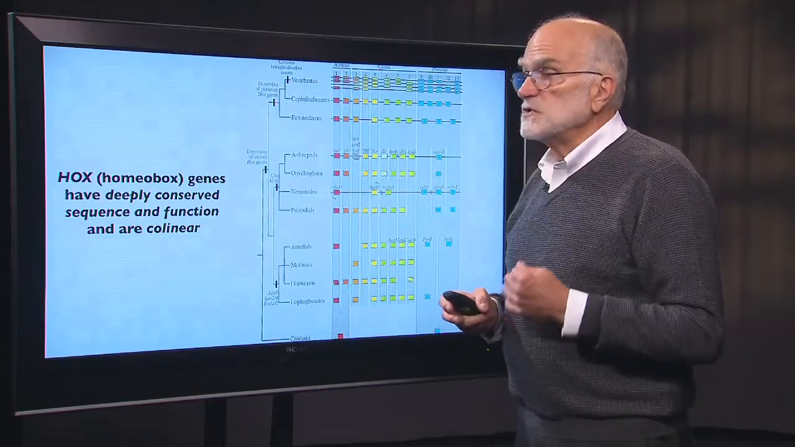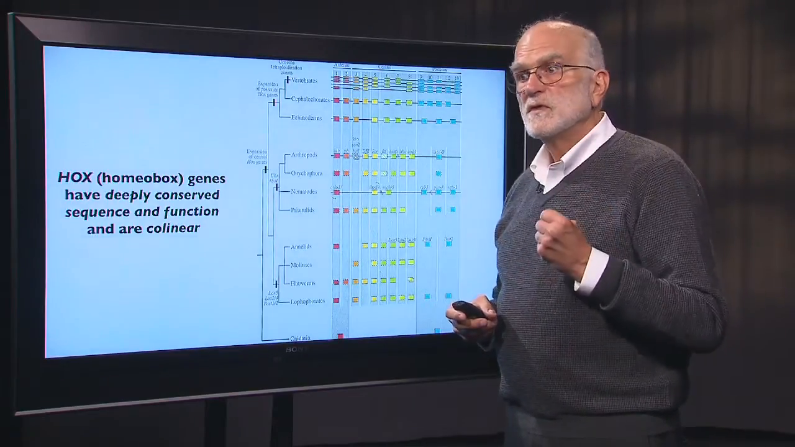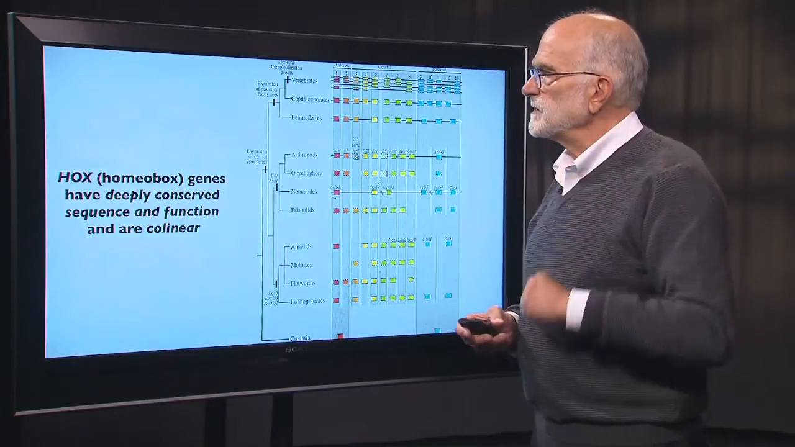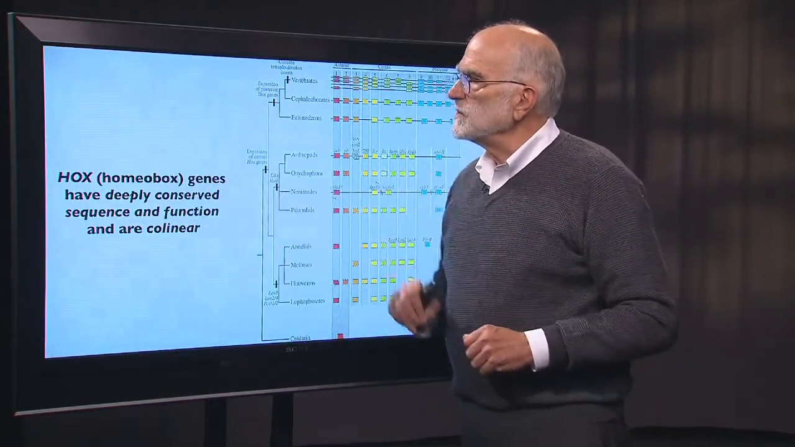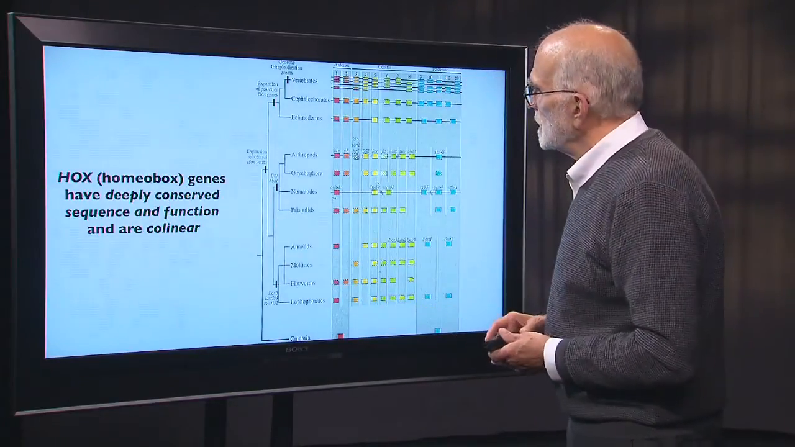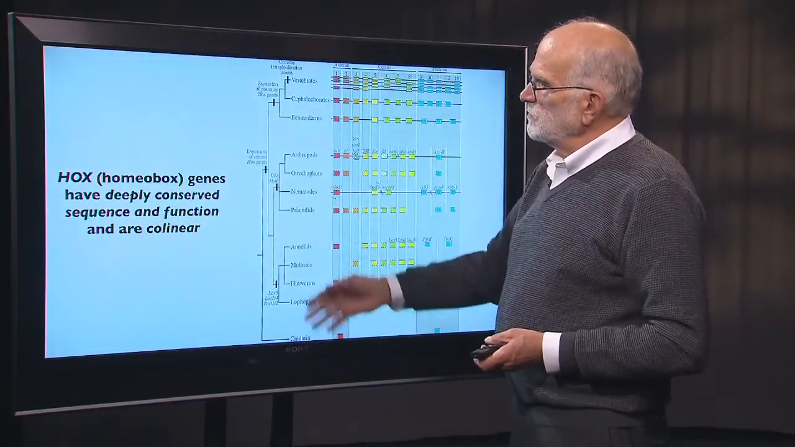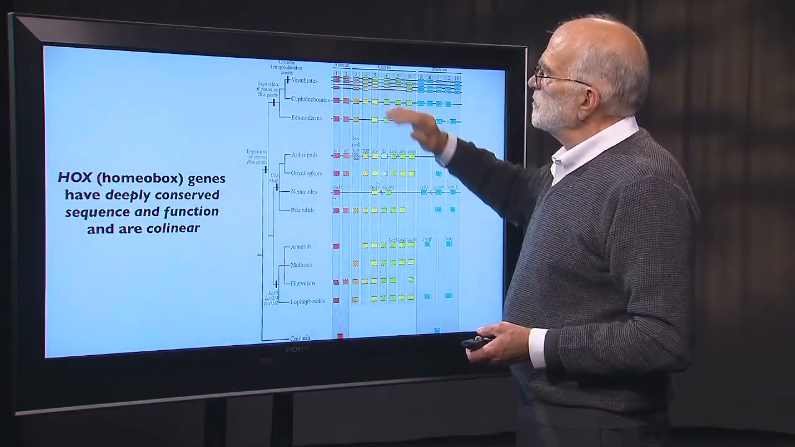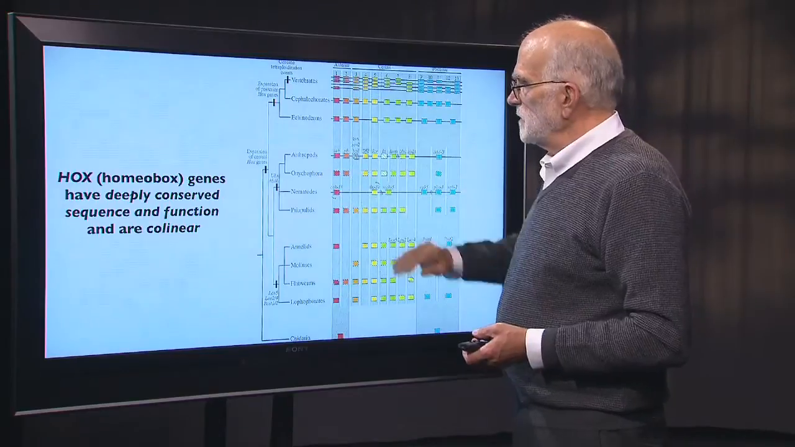And those are mutations that call forth the appropriate appendage in the inappropriate place. So that's the history of homeobox, and it's just shortened to Hox. Now, here is a rough phylogenetic tree showing at the top vertebrates, then here we have arthropods, down here we